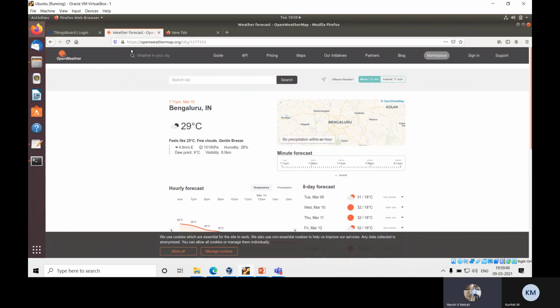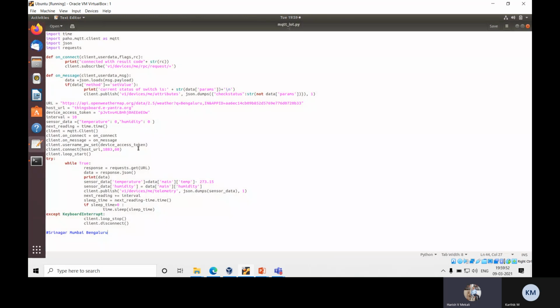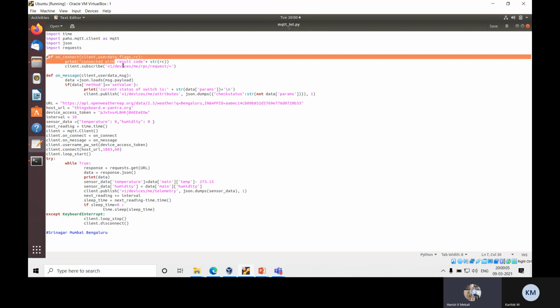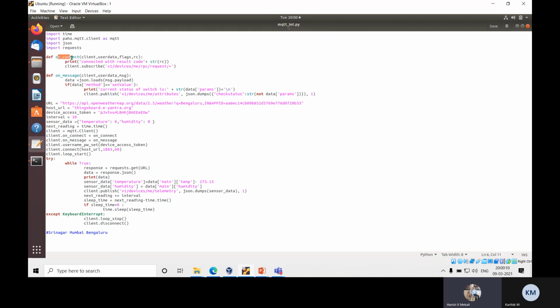Okay. So this is the openweathermap.org website. And this is the thingsboard.eyantra.org website. So we are writing a Python code here. This is our Python code. What the code does is we import the major 4 modules which are required for this connectivity. And we use 2 callback functions, one to connect to the server and the other to send the message to the ThingsBoard